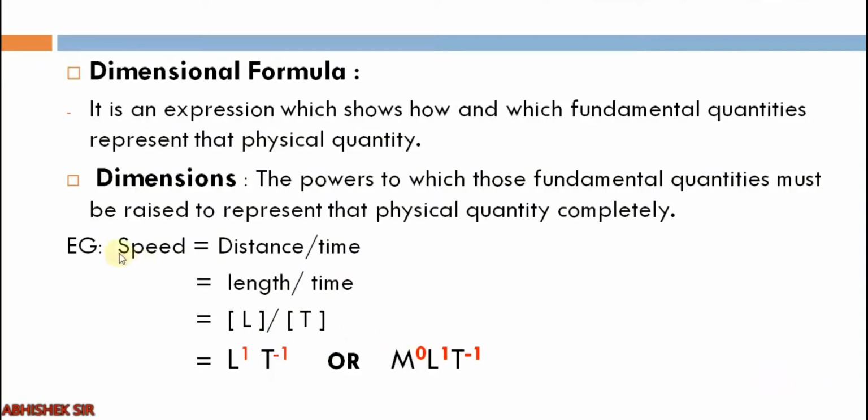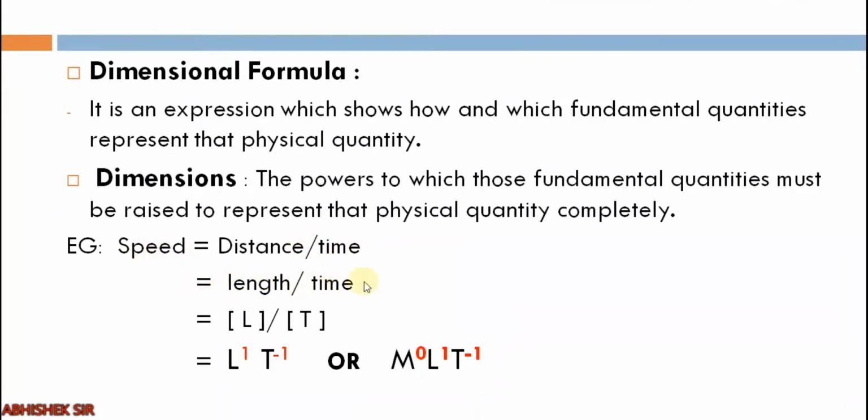You can see speed over here is equal to distance upon time. Now speed is a derived physical quantity. It is not fundamental, right? But if we want to represent speed in terms of the combination of fundamental physical quantities, we can see that it is distance upon time, right? So distance again is not included in that list of seven, but distance has the unit of length. So length was a fundamental quantity. So if you want to make it simpler, distance upon time can be written as length upon time.